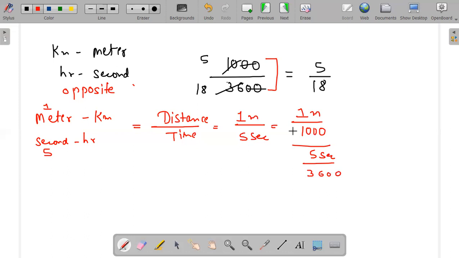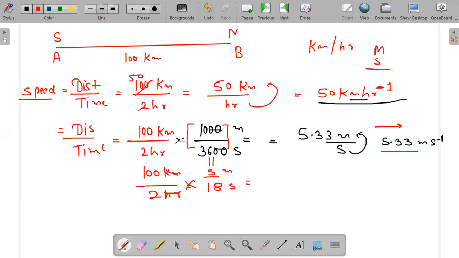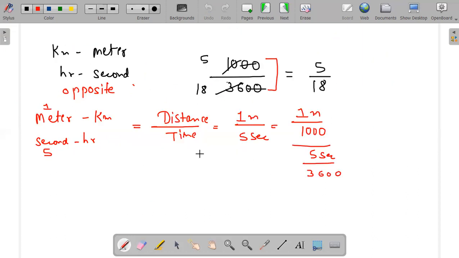Here we are multiplying, remember, because I want to convert kilometer to meter and I want to convert hour to second. So I'm going for multiplication. Here the thing is opposite, so I am into division. I have to divide it. So finally it will be 1 meter upon 1000, into 3600 upon 5 seconds. Now you have to cut it. So in this case, you have to divide this instead of multiplying them.